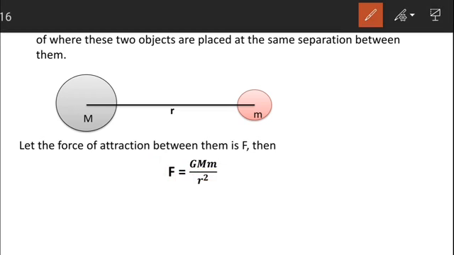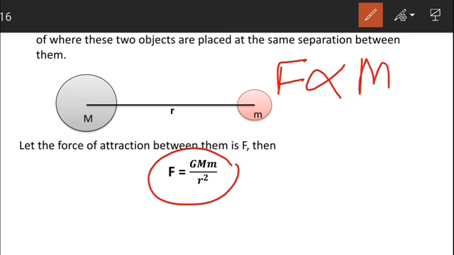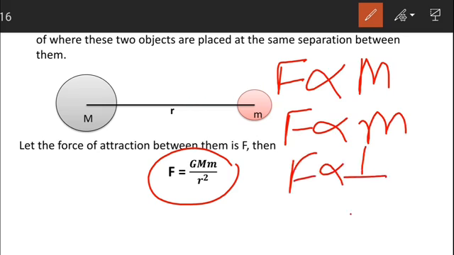Now students, let us understand here. Here you know that the capital G is the universal gravitational constant, which is constant in the whole universe. It means from this equation what we can say, the force is proportional to capital M. This force is proportional to small m, and this force is inversely proportional to 1 upon r square. So wherever we take these two objects, keeping the separation between them the same, either we take these two objects on